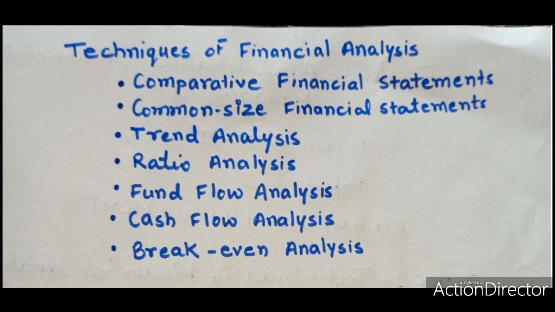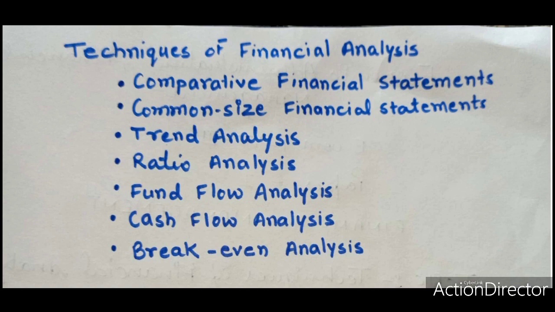Thus, expressing each monetary item of the financial statement as a percentage of the sum total of which that item is a part transforms a financial statement into what is referred to as a common size statement. The common size statements are also known as component percentage or 100% statements. Such statements show the relative significance of the items contained in the financial statements and facilitate comparison.